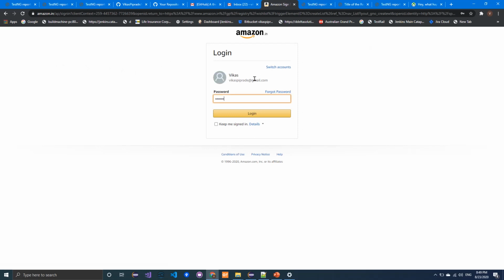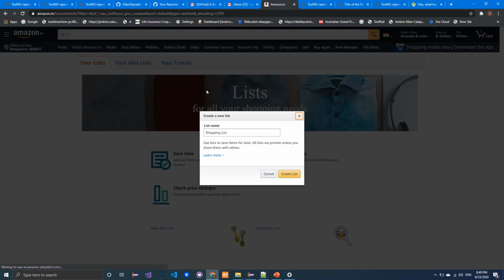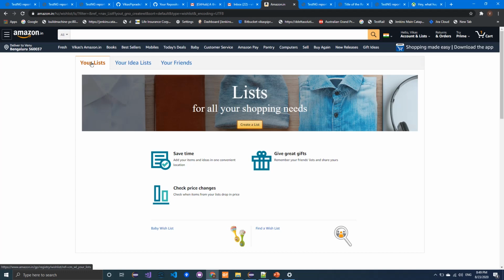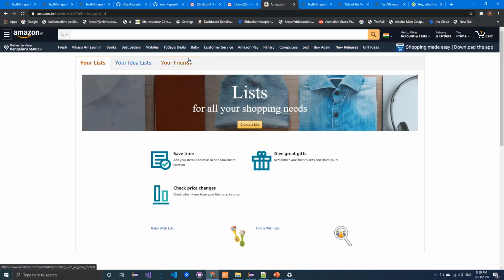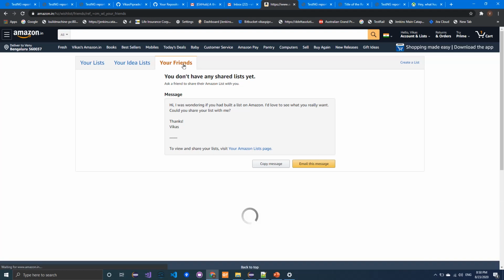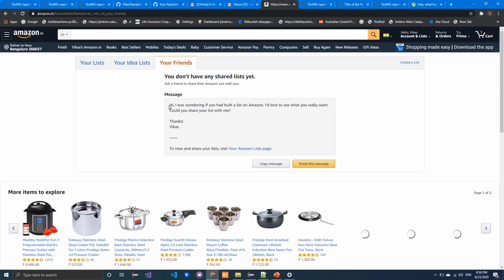Let me log in again and show you what my script does. Once I navigate to this screen, a new list screen, it will show a pop-up. I will close that, or automation will close that. Then I navigate to ideas list. From ideas list again I navigate back to view all list, and then finally I'll click your friends tab, and